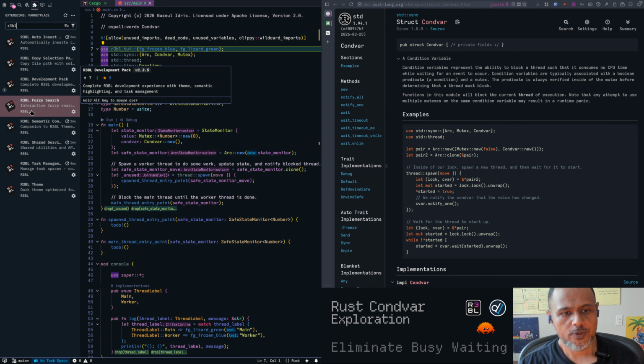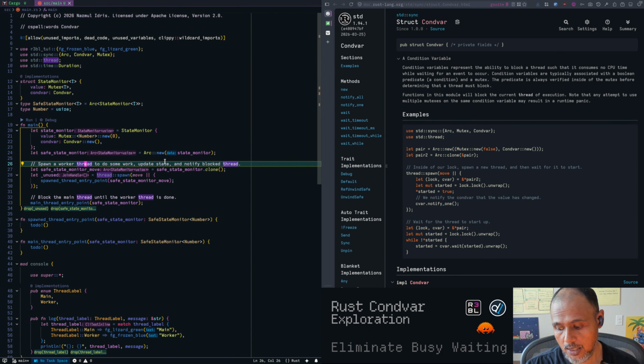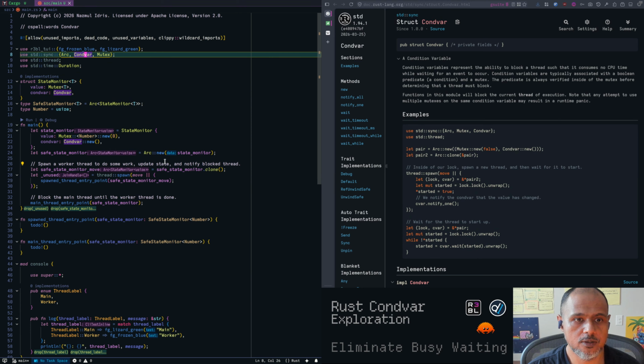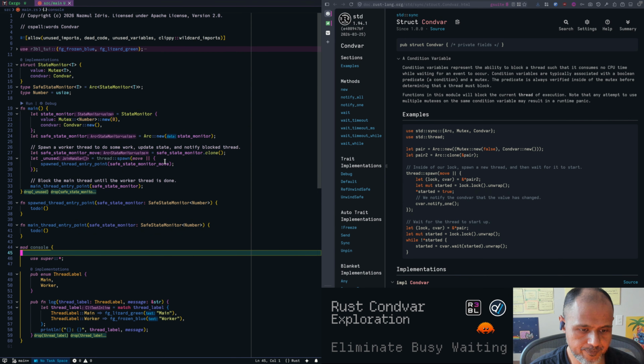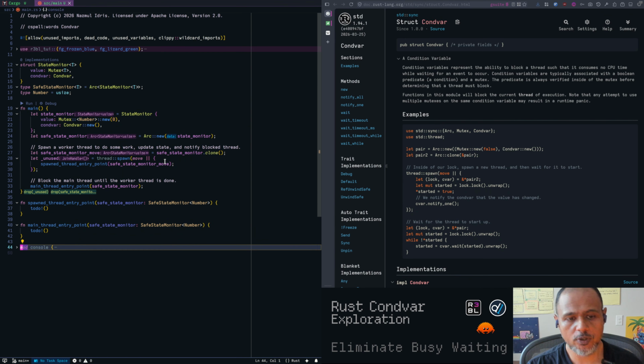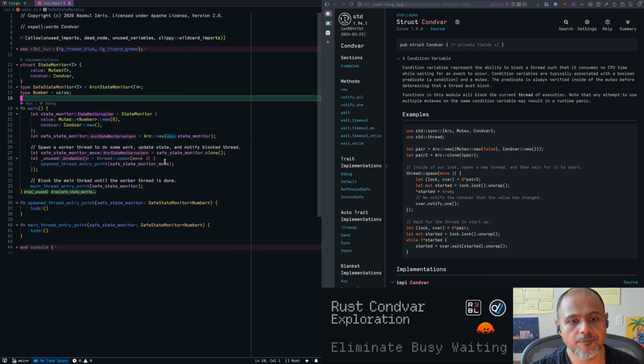And the theme has got really nice syntax highlighting for Rust, and it adds folding regions for Rust. So for example, I can fold all my use statements, or I can fold this console, and it works better than the default folding region support that comes out of the box with VS Code because it's specific to Rust. Okay,